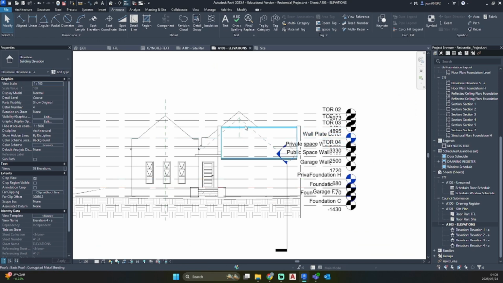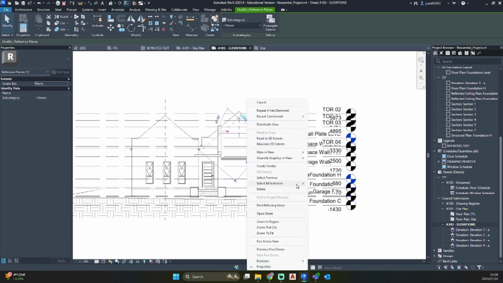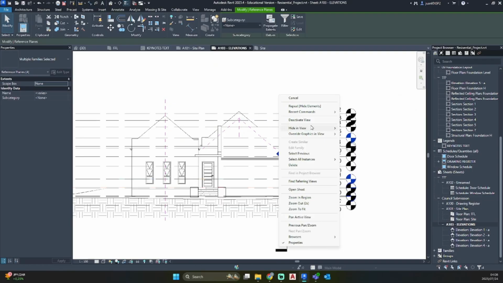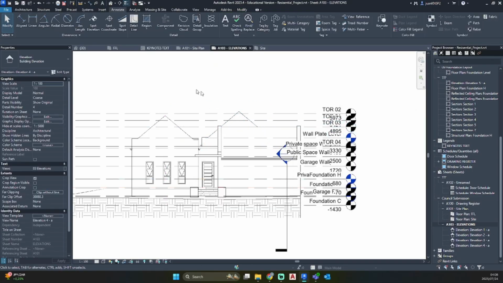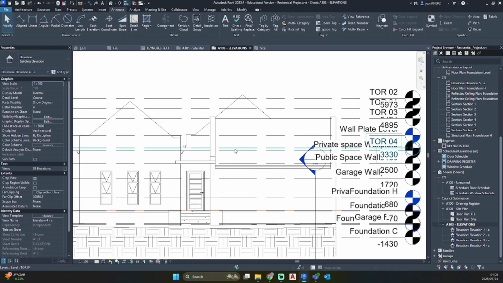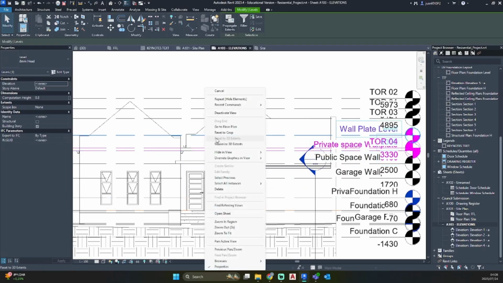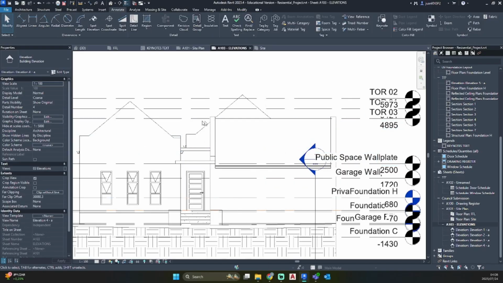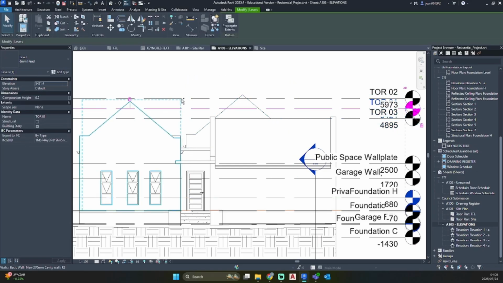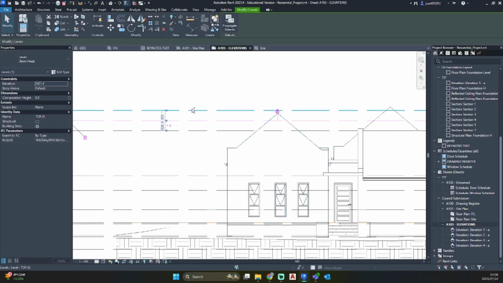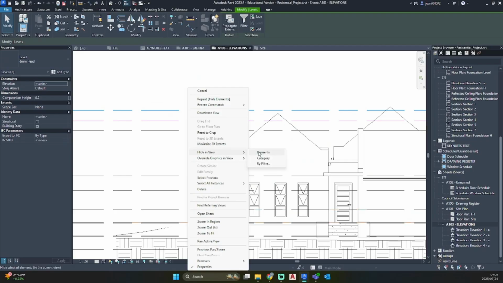So I'm gonna hide my reference plans. And let's clean up our drawing. I'm just gonna hide my level lines.